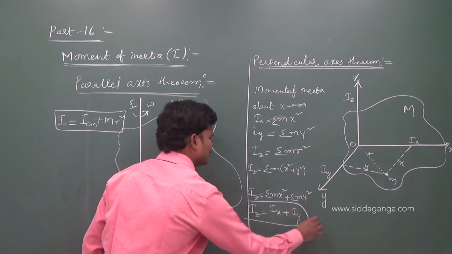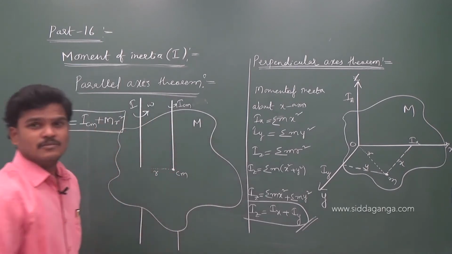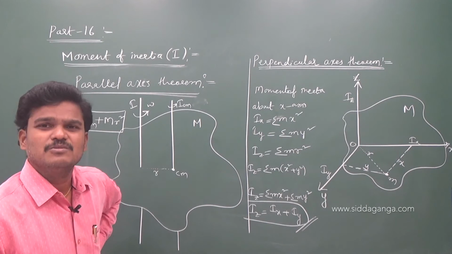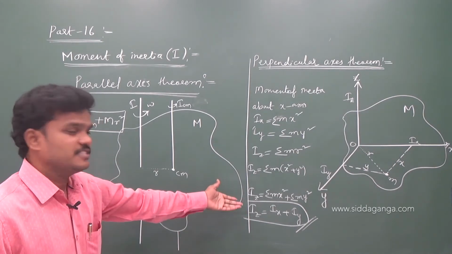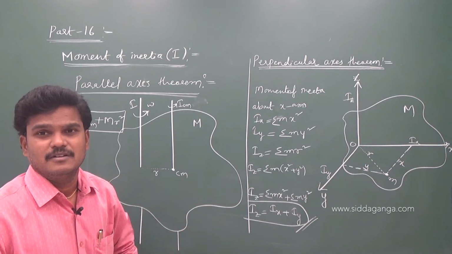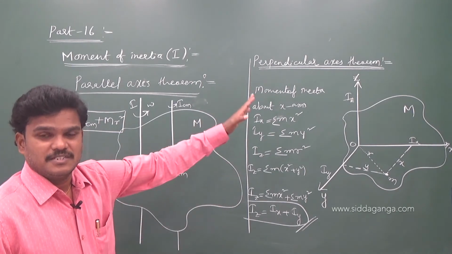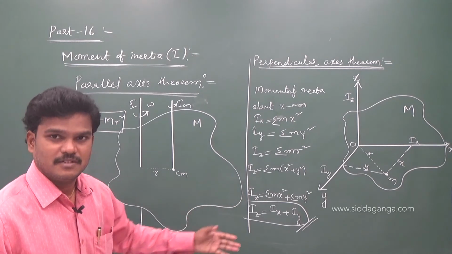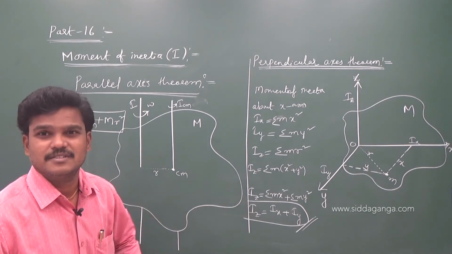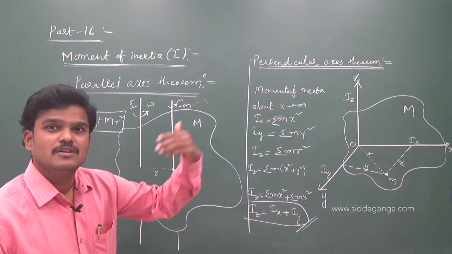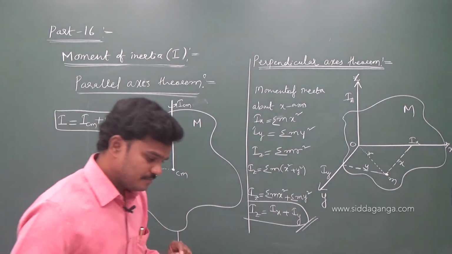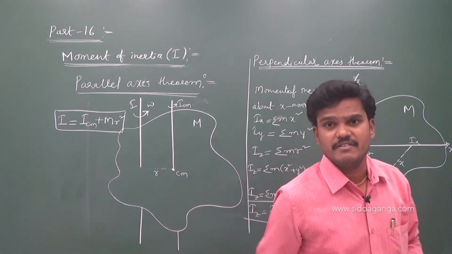See, I am getting one formula here now. What am I getting finally? See the last formula only; no need of so many steps, also for board or interview. Direct one formula is enough. Finally, what I got? The moment of inertia about one axis is equal to the sum of the other two axes. Right now I got the z axis, which is equivalent to the other two axes. Keep in mind this statement from these equations.